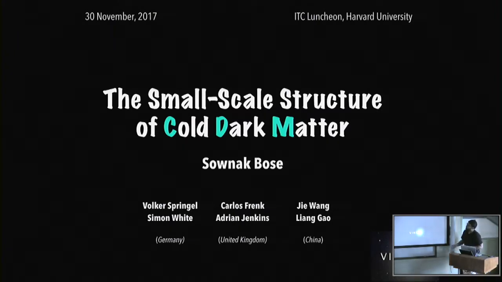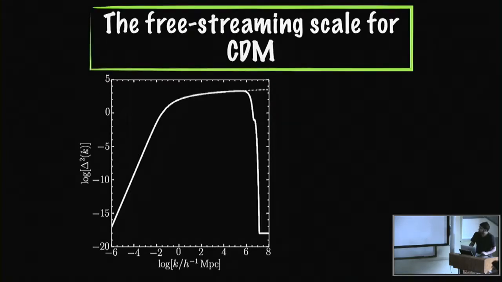So today I wanted to talk about what I think is a very exciting project that I'm working on at the moment with this sort of illustrious company of people listed down there. And it is to do with what is titled the small-scale structure of cold dark matter. And to give you an impression of exactly what I mean by small-scale structure, I think a good place to start is by looking at the power spectrum of matter fluctuation. So what's shown here is the scale on the x-axis parameterized by the wave number, and on the y-axis is the dimensionless version of the power spectrum.